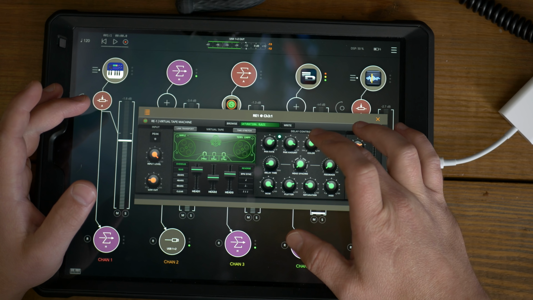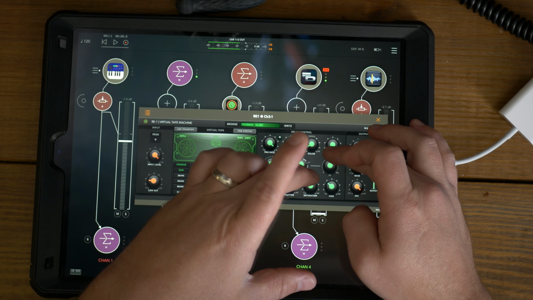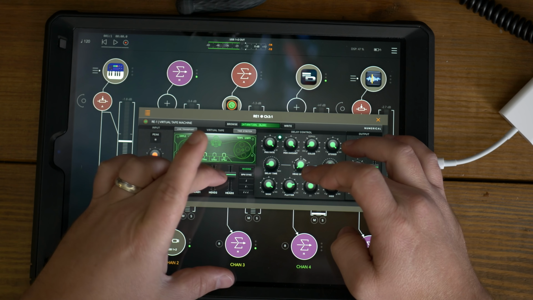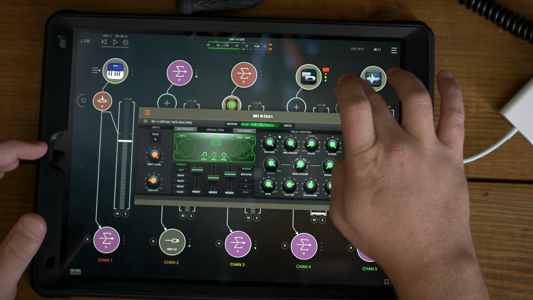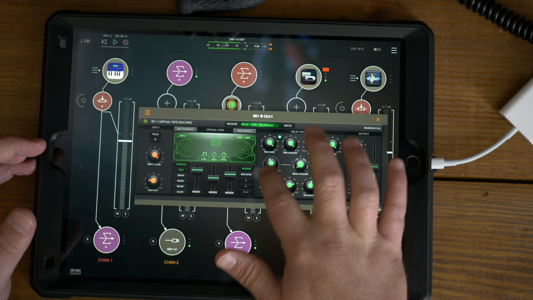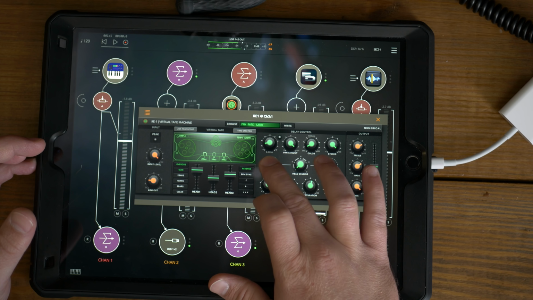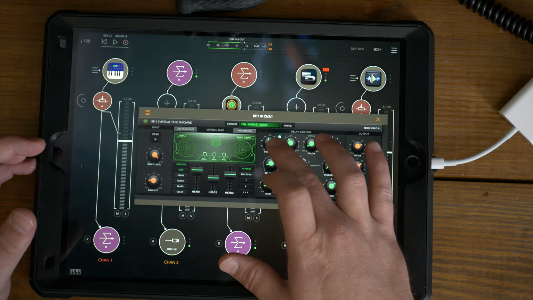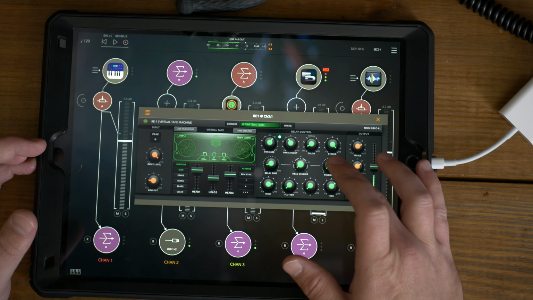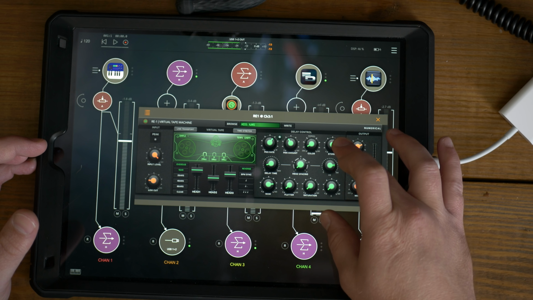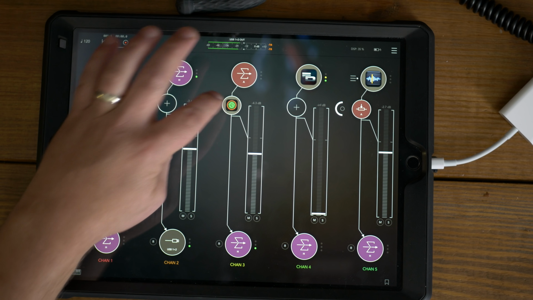So definitely for sending a signal to it and getting some cool weird ending tracks, an end to your track or something, it would definitely be fun doing this. So you can get as crazy as you want to. If I want to send more signal to it,